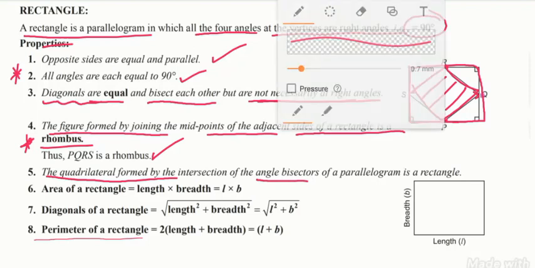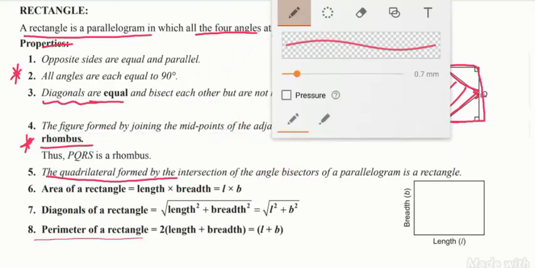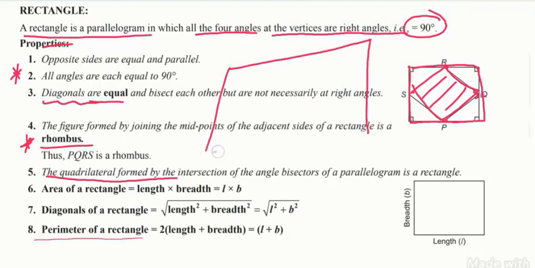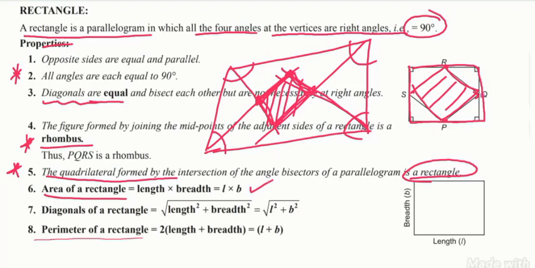So let us consider what is the meaning of this point first of all. Angle bisectors of a parallelogram. Let us take a parallelogram like this. This is a parallelogram. We have to draw angle bisectors. So for this angle, this is the angle bisector. In the same way you draw one more angle bisector. For 4 angles you draw 4 angle bisectors. So the 4 angle bisectors will meet, and the intersection of the angle bisectors forms a quadrilateral inside. That quadrilateral is a rectangle. So special point. Next, area of the rectangle, you know very well, length into breadth.